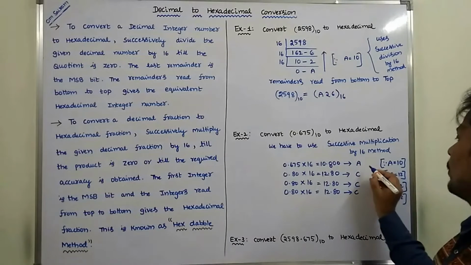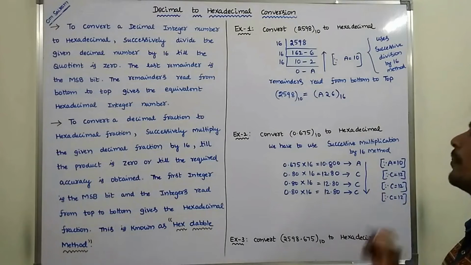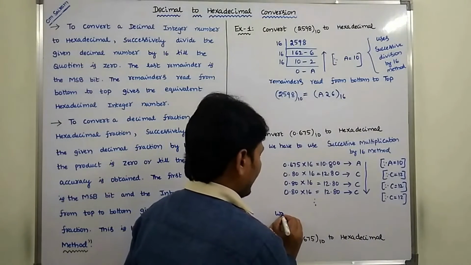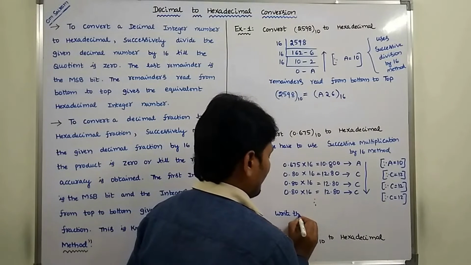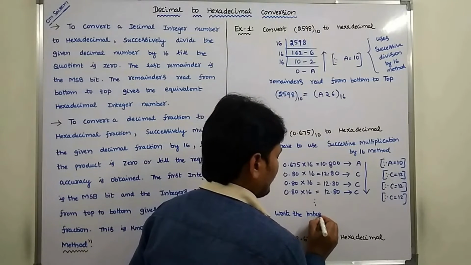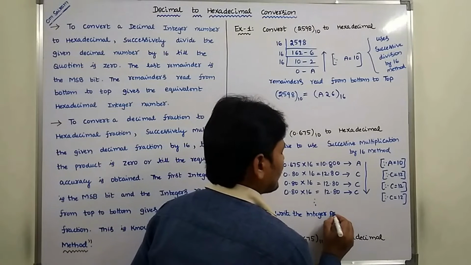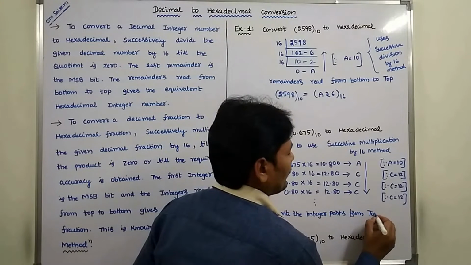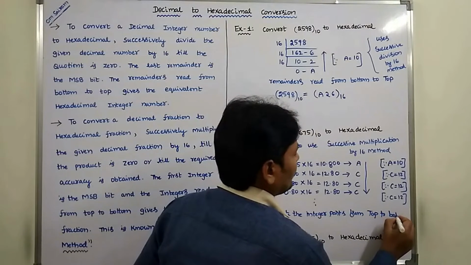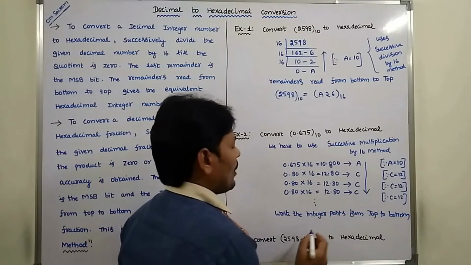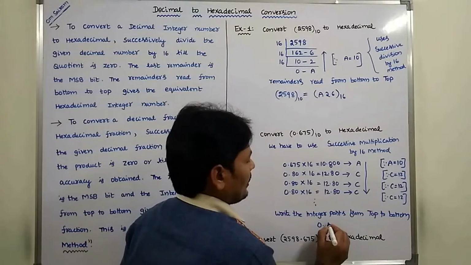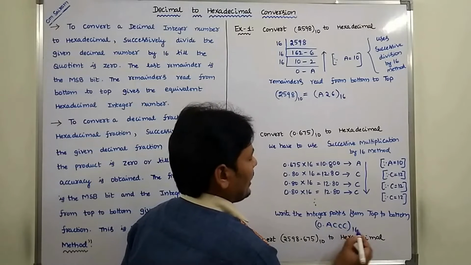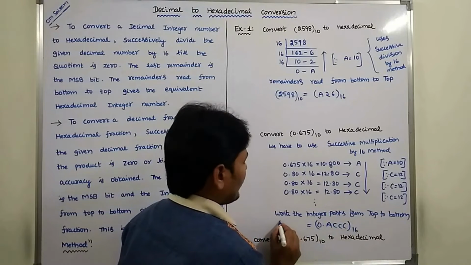Okay, so now write the integer parts from top to bottom. So now 0.ACC base 16 for the given decimal fraction number,